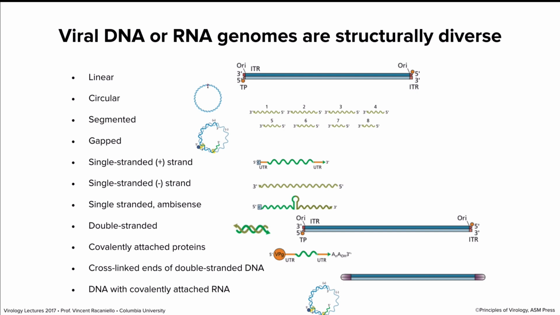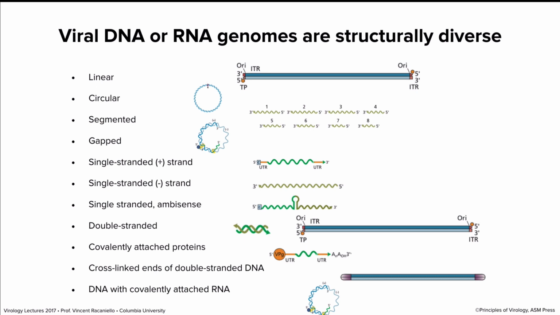If you take a regular conventional double-stranded DNA without linked ends and you melt it, you get two single strands, okay? And then here's the hepatitis B genome again. Not only is it gapped, but it has a protein linked to the DNA, and it's also got a piece of RNA stuck onto it. And why that's so will become clear later when we talk about the replication of hepatitis B viruses.